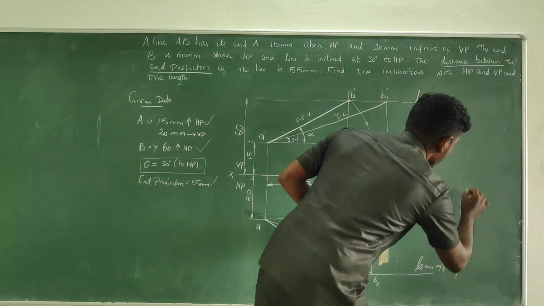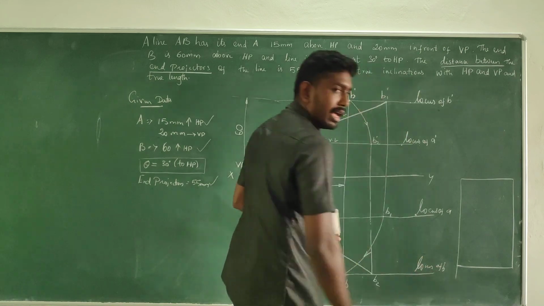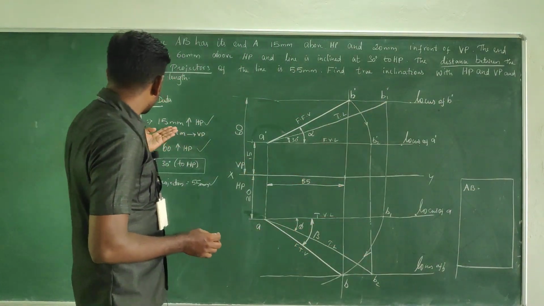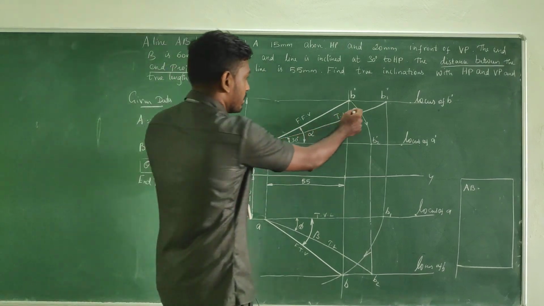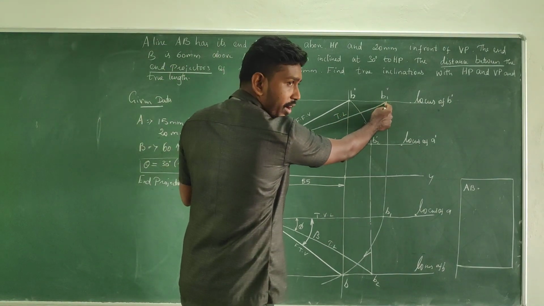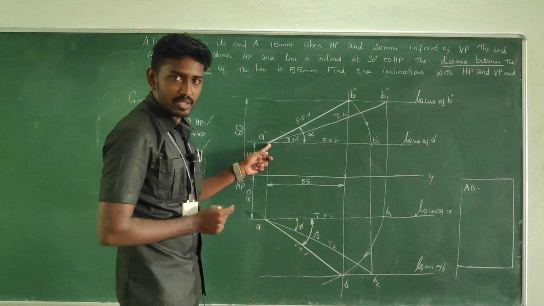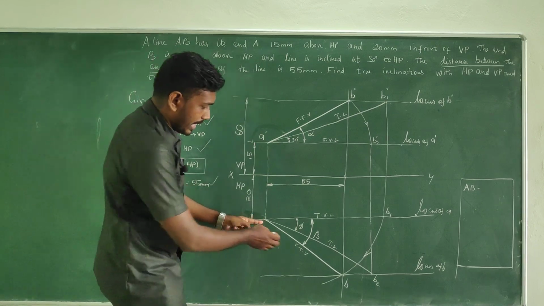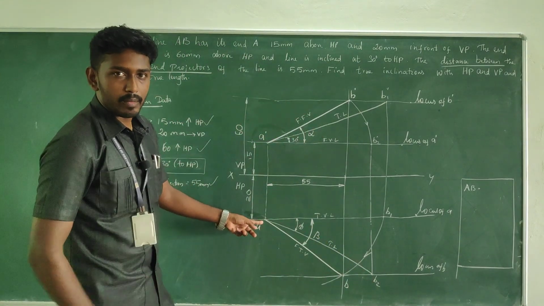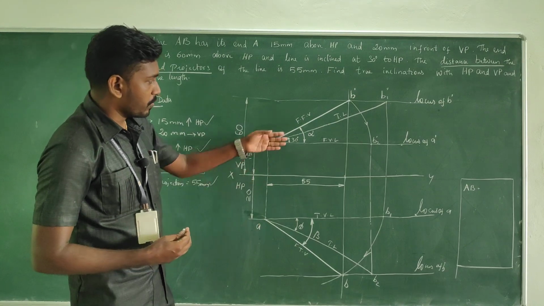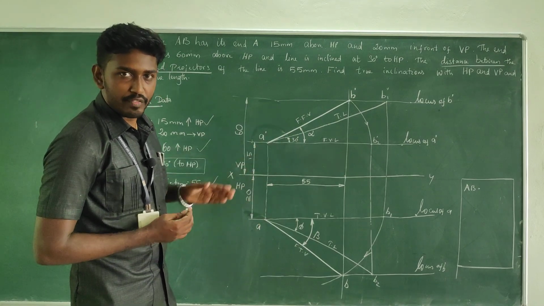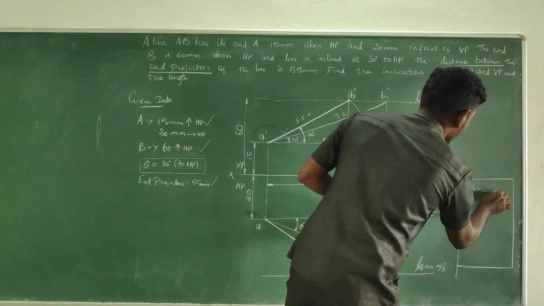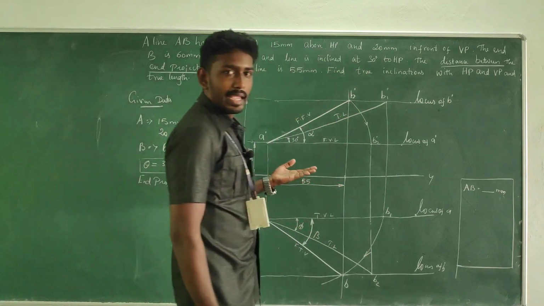Display all the data about the true length. It is important, not at all given in the question. So you have to measure the true length from the profile. A dash to B1 dash is the measurement. Either you can take it from the front view or else from the top view. A2 B2 is the true length from the top view. Both will possess the same measurement if your diagram is right. Okay, take the measurement with the help of a scale, note it down, we'll get it in mm.